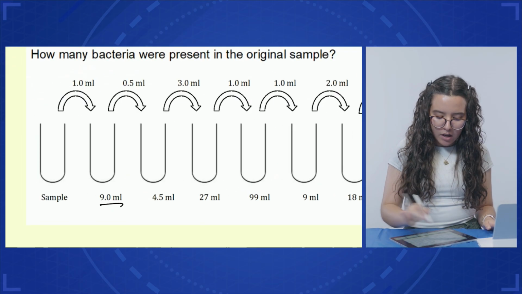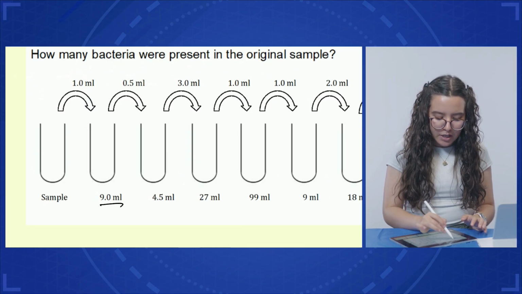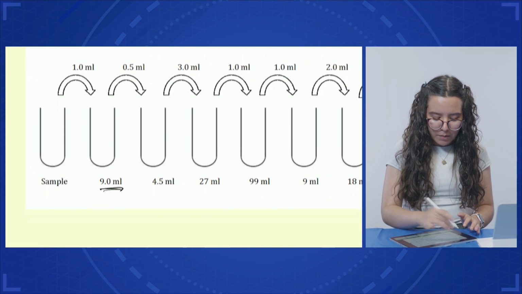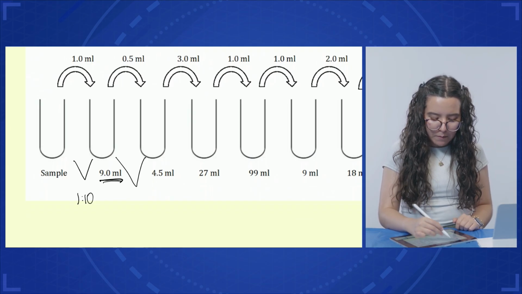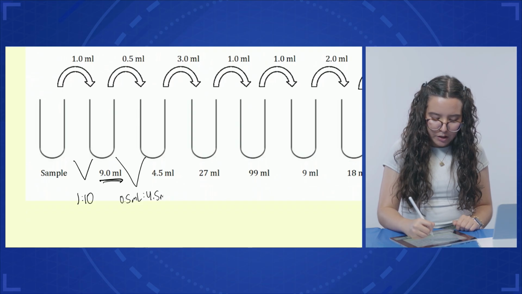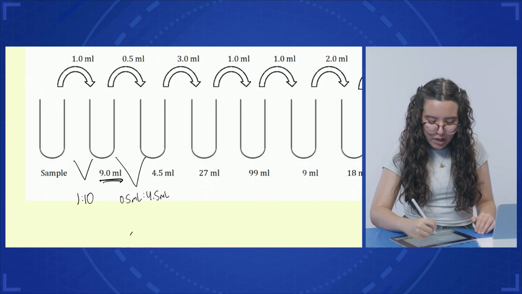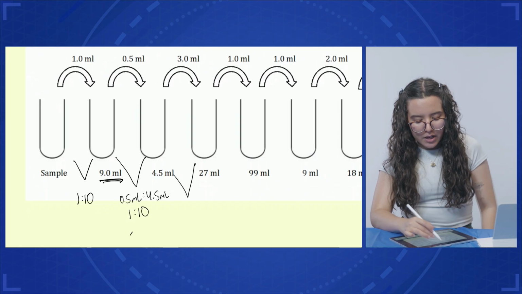I'll go ahead and go left to right. So I see that I have a sample, and I'm taking 1 milliliter of my original sample into 9 milliliters of diluent. So then I know, okay, this here is a 1 to 10 dilution. Then from here to here, I'm taking 0.5 milliliters to 4.5 milliliters. Although it looks different, that is still, at the end of the day, a 1 to 10 dilution. Here, I am taking 3 milliliters